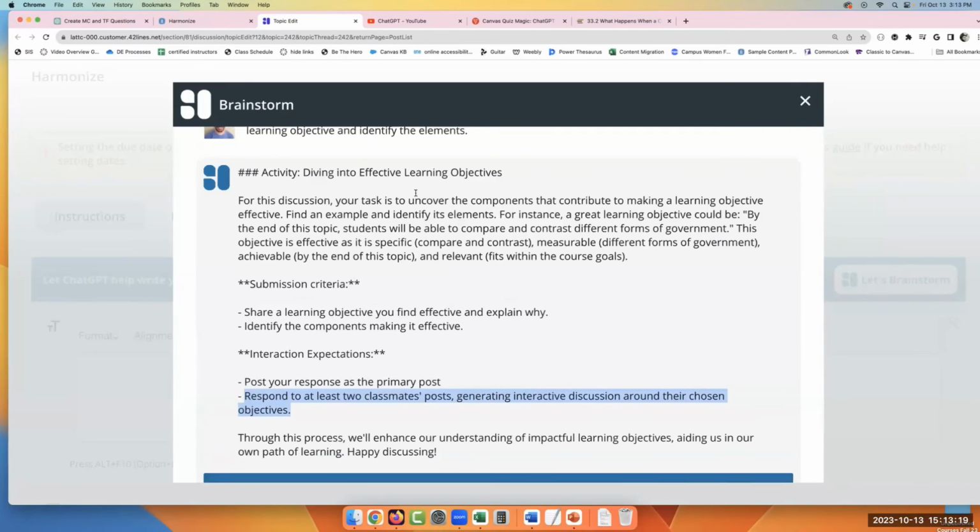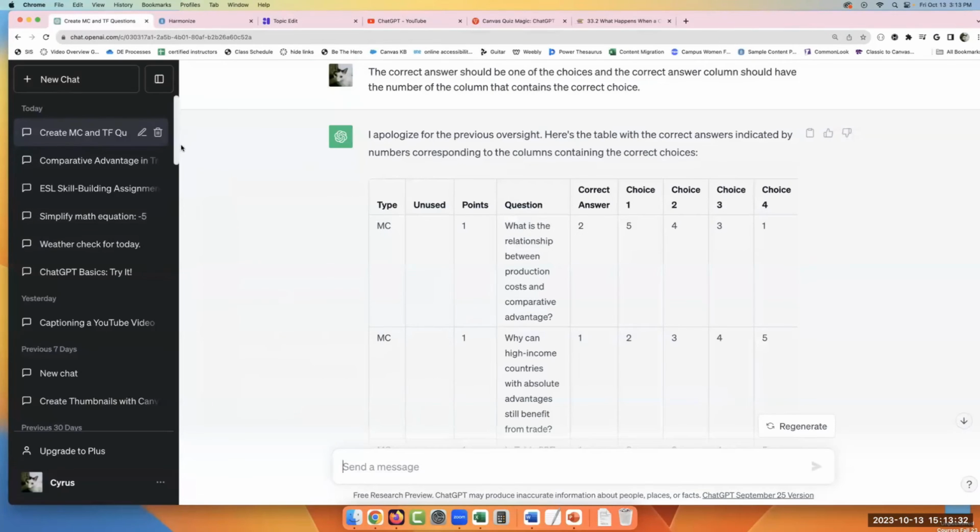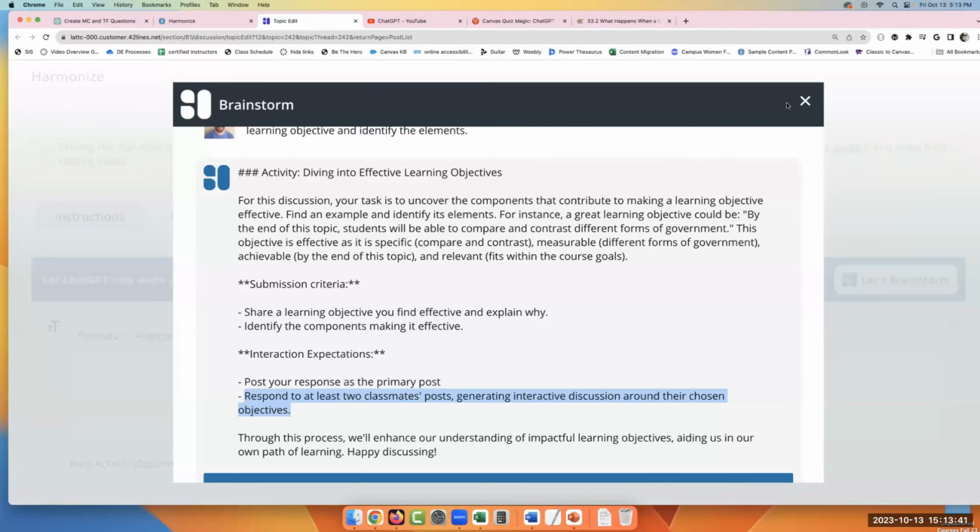And this has made it a lot shorter, right? It didn't give an example. Notice that it didn't give an example. So that's something you would want to add. And again, if it's not giving you what you want, you can always go back to ChatGPT and paste it in. You don't have to use one tool or the other, but it's kind of nice that it's all built in there.